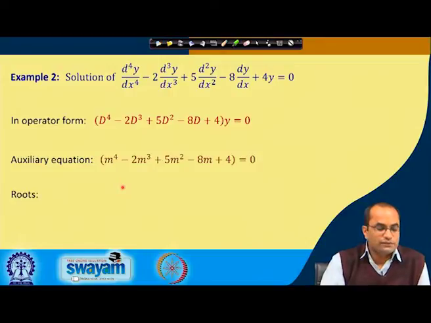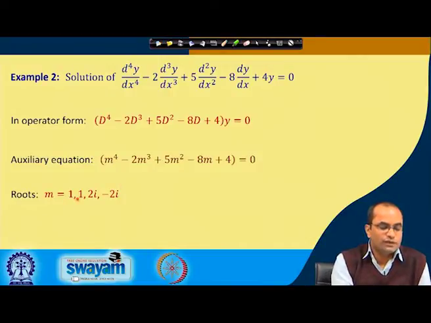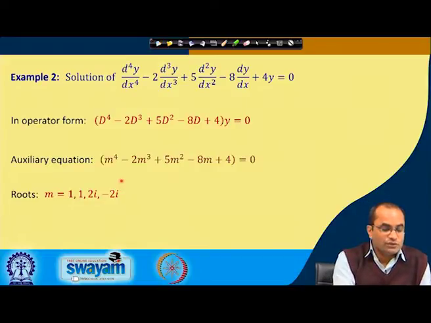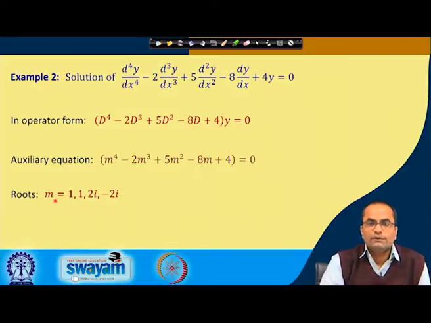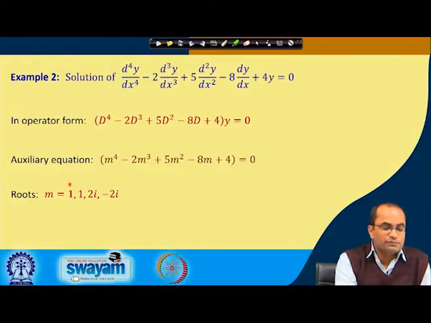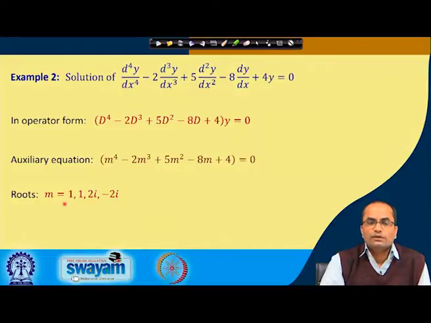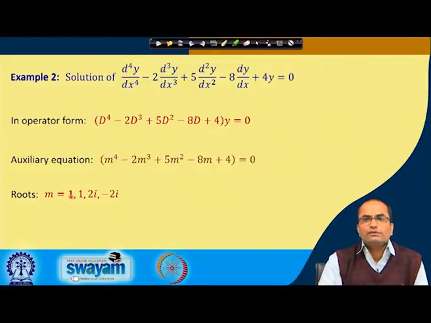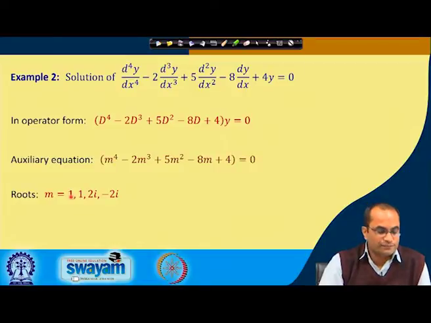So, once we solve this, the roots are coming as 1 and 1, that is the repeated root here, and then we are also getting 2i and minus 2i, the complex conjugate. So, we need to write down the complementary function or the general solution of the given differential equation. First, this repeated root case. Remember when we have real repeated roots, we will get C1 plus C2 x and the exponential of this one, and for complex conjugate we will get terms in cos and sine.